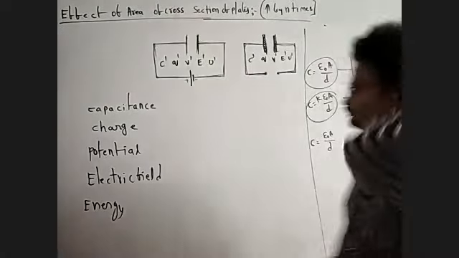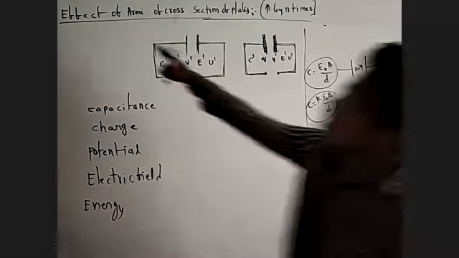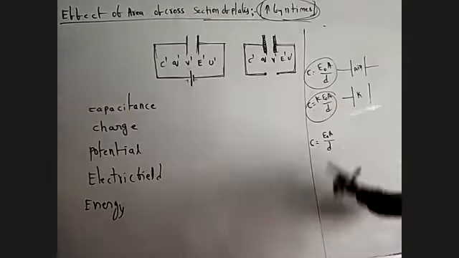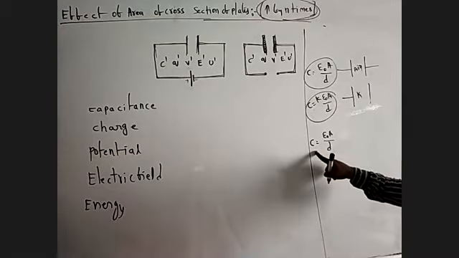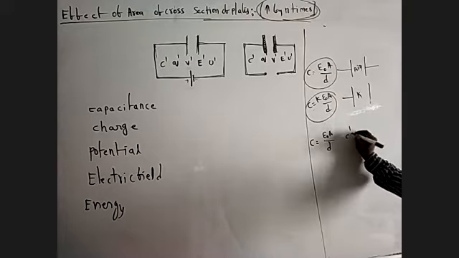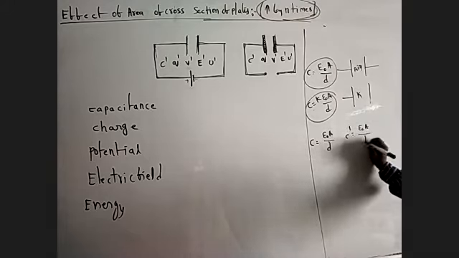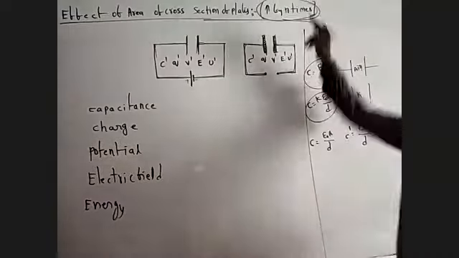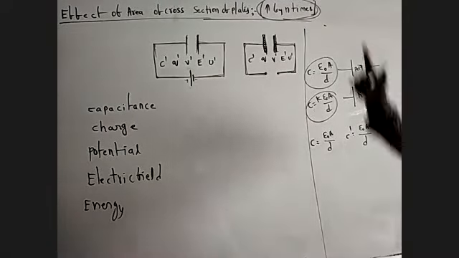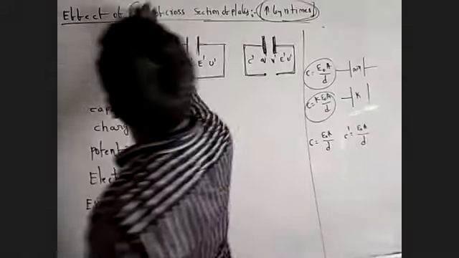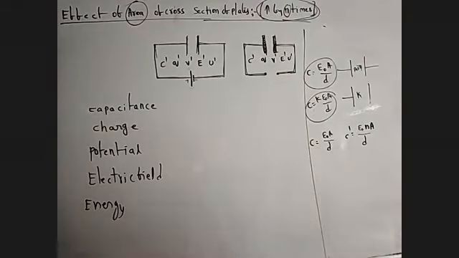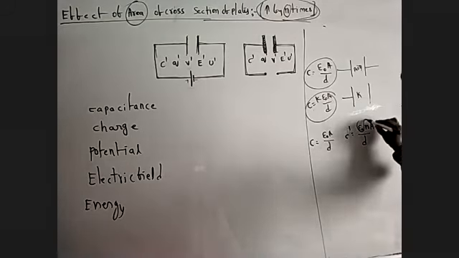Okay. Now, here, the effect of the cross-sectional area of the plate is increased n times. This is the general capacitor, C is equal to epsilon naught A by D. Increase n times means what am I increasing? The cross-sectional area. How many times? n times I'm increasing. That means I'm writing here n into A. This is epsilon naught, this is A by D.